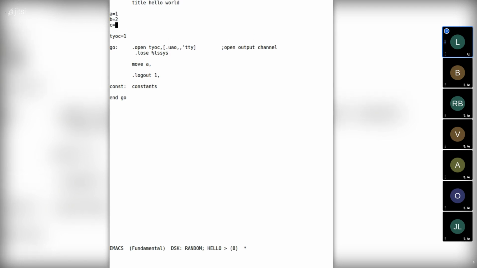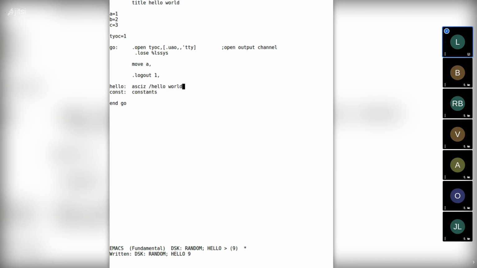So the common way is to name them A, B, C. So I'm just defining 3 symbols to use as registers. And now we need a pointer to the string, right? So we make a label hello and a 0 terminated ASCII string, hello world.